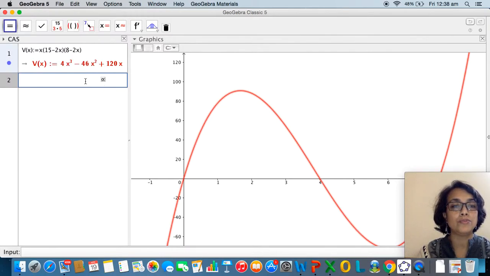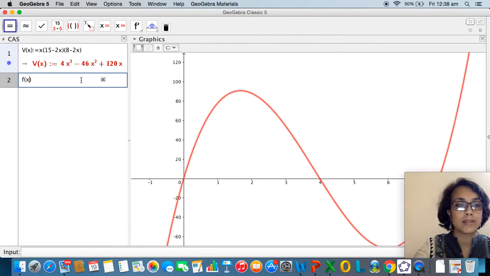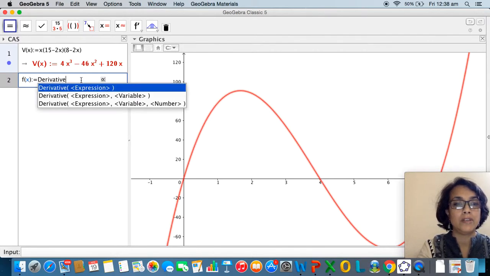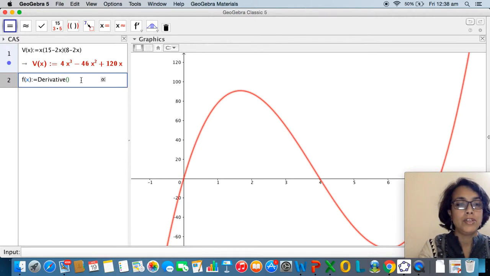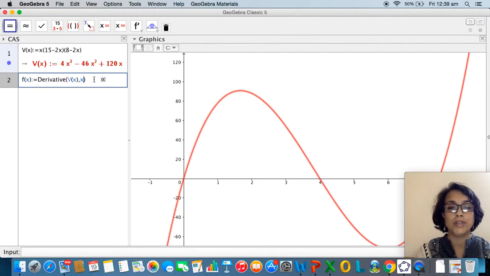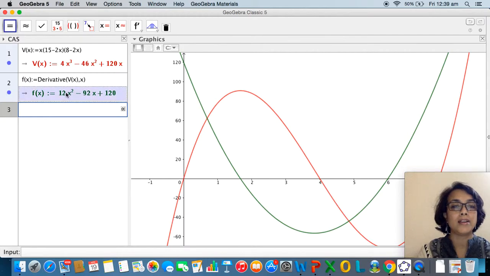Next, I'm going to calculate the derivative of this function. So I'm going to say f of x is equal to the derivative. I'm going to use the derivative command, which is actually the derivative of the volume function with respect to x. So I don't really have to calculate the derivative myself, and GeoGebra is going to do it for me using the derivative command. And when I press enter, I actually get the derivative function, and it has also plotted the